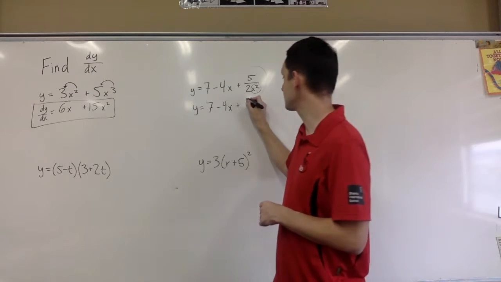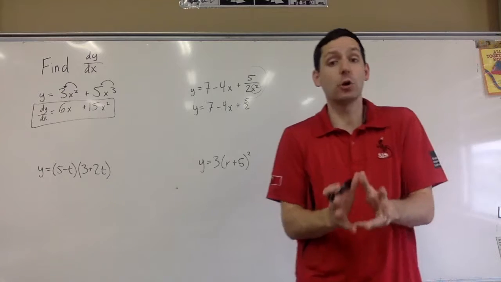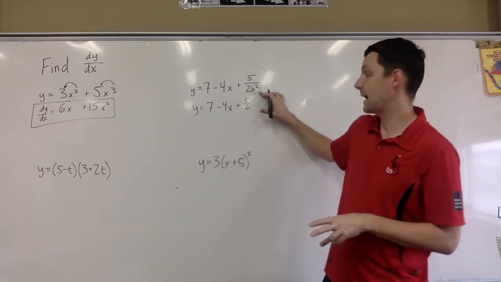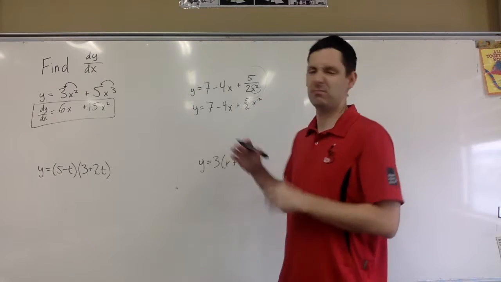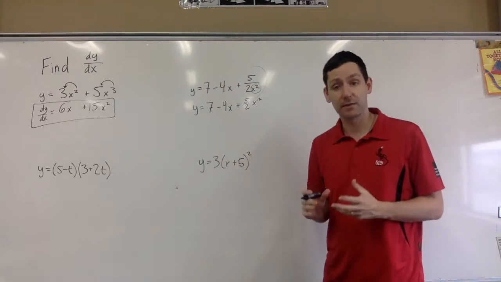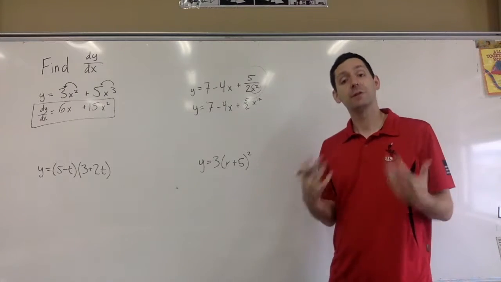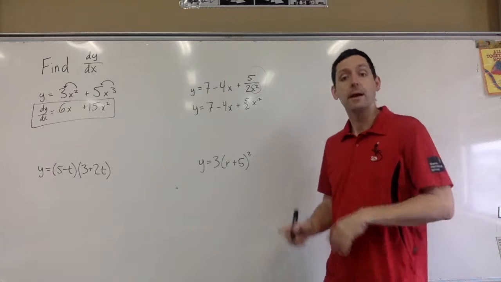So the 5/2 isn't changing. That 5/2, I didn't do anything to it. All I'm doing anything to is that x to the second power, which is now going to be on the top, or no longer on the denominator, which means that it's x to the -2, just like what I have here. So at this point, it's now in more or less a polynomial style form, and I can take the